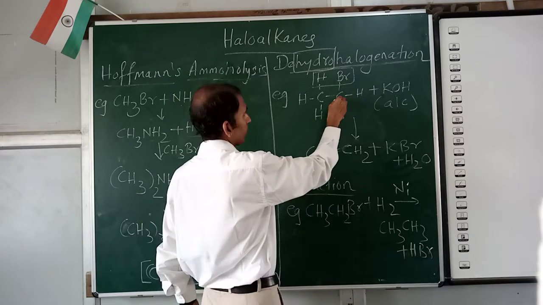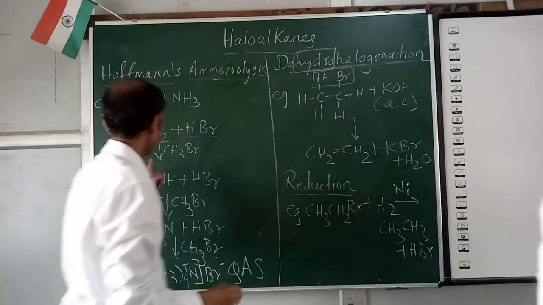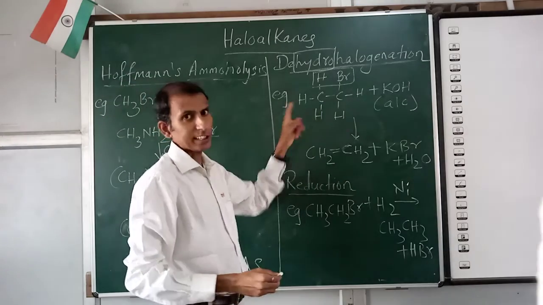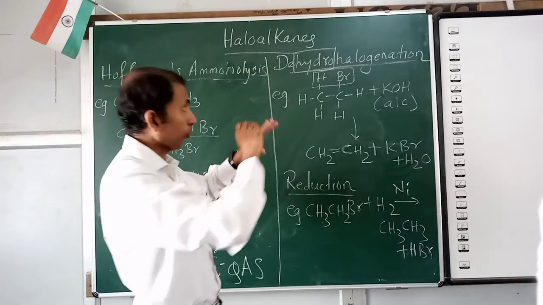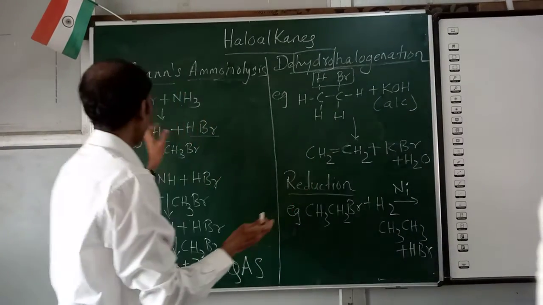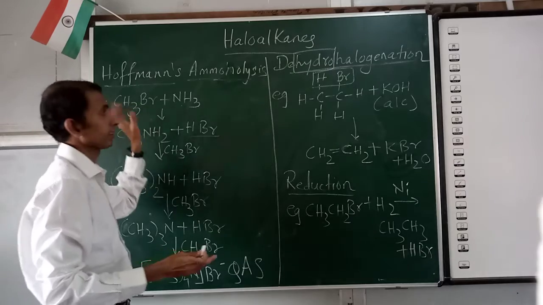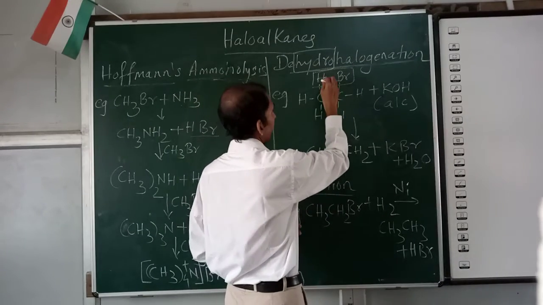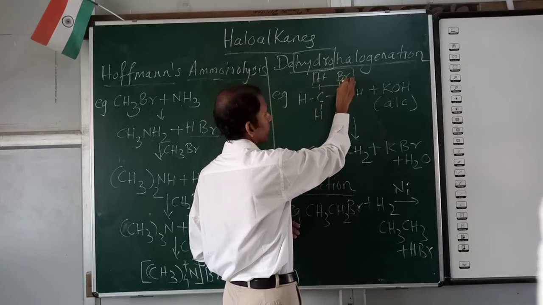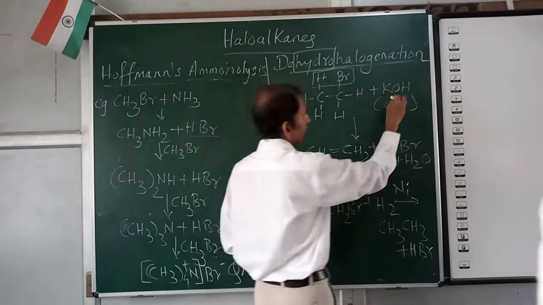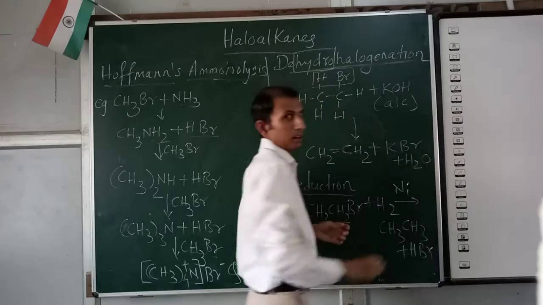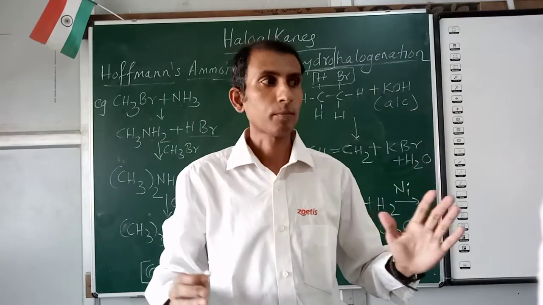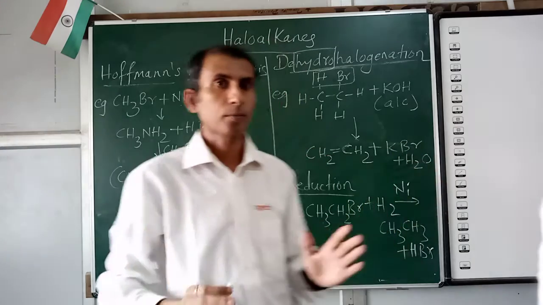You take haloalkane, bromomethane. Same. This is the structural formula of bromomethane, open structure. Short form or condensed form is this. Now what will happen here? H, and Br is present here, reacting with alcoholic KOH. Alcoholic KOH means KOH is dissolved in alcohol.